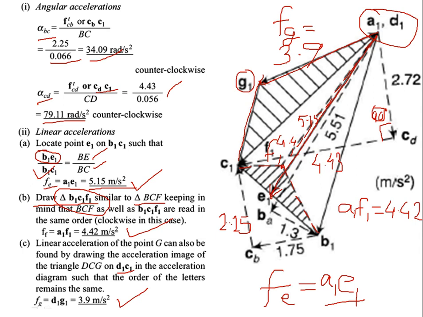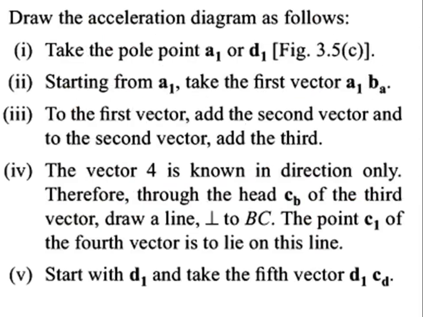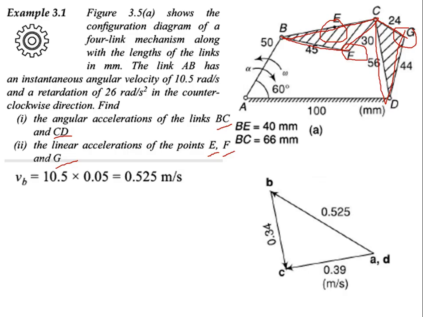Already you know the value of D1 C1. So if you take the ratio of any length compared with the initial link length, that ratio you maintain for the other things. You know the other dimensions, so the same thing you can take. See here. You know the point, right? You know the dimension of point F. So take that ratio. BF you already know is 45, and compare it with the value of BC, and B1 C1 you already know. So you can find the value of B1 F1. Like that you can take the ratio.